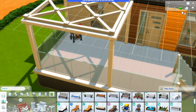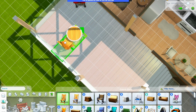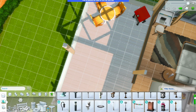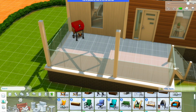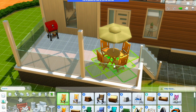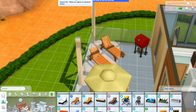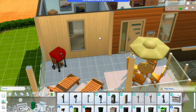I kind of should have put the table under the pergola, but I couldn't do like just the single table thing. I don't think it looked good. So I did decide to do the umbrella one, and I think I fit it really nice where it kind of fits well enough. And also, I kind of hate all the outside furniture we have. They don't have any good swatches really, or any swatches that I like. I do decide to do a green umbrella because I kind of missed that little bit of green that we did earlier, and